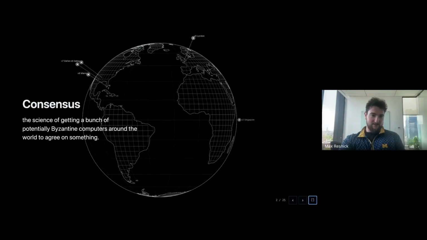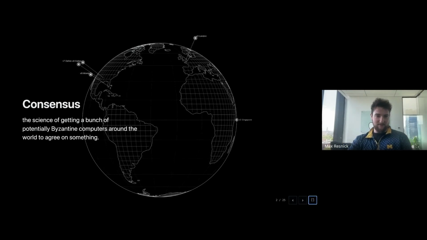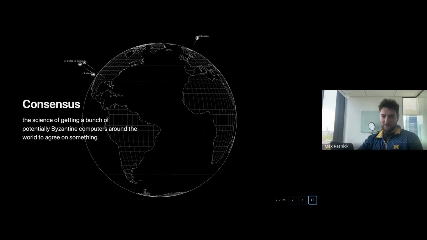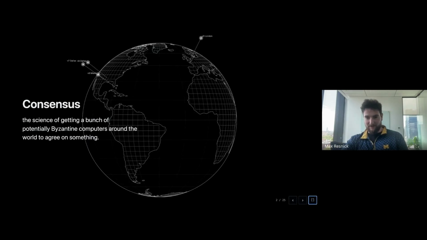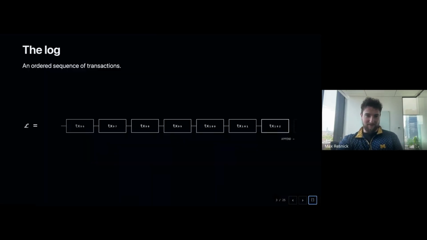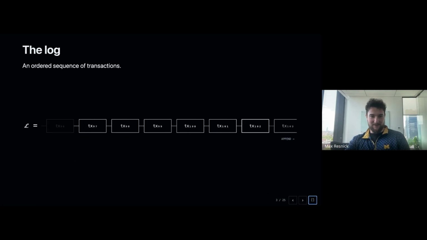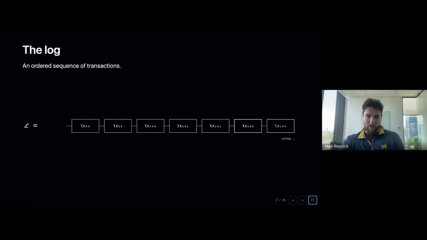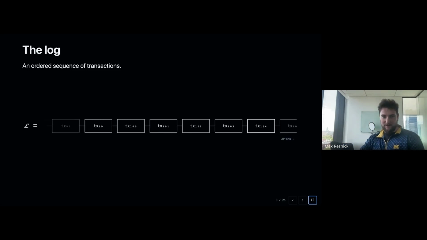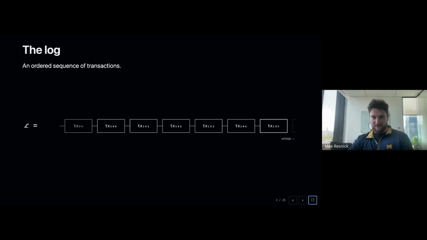So what is consensus? It's basically the science of getting a bunch of potentially Byzantine computers around the world to agree on something, and not just anything, but for our purpose, we want them to agree on this thing that we call the log, which is an ordered sequence of transactions.